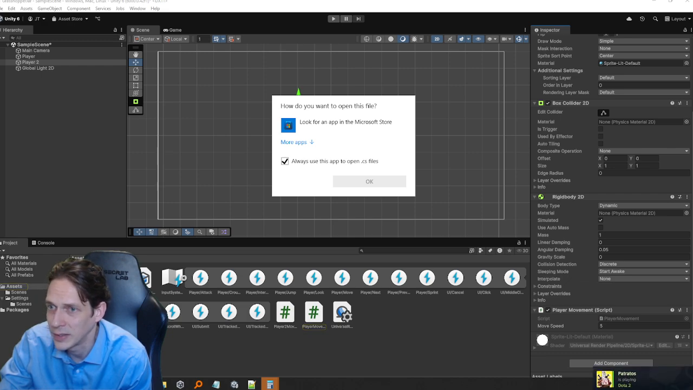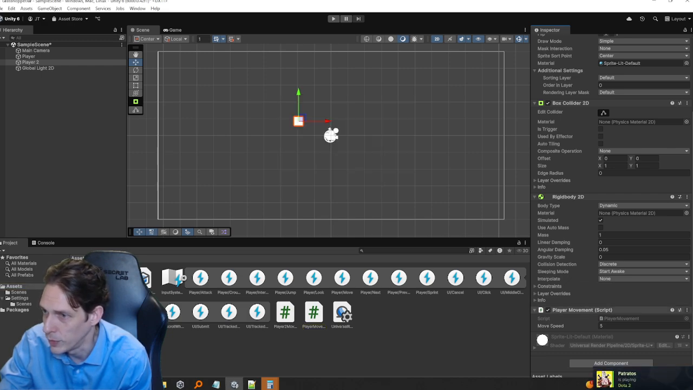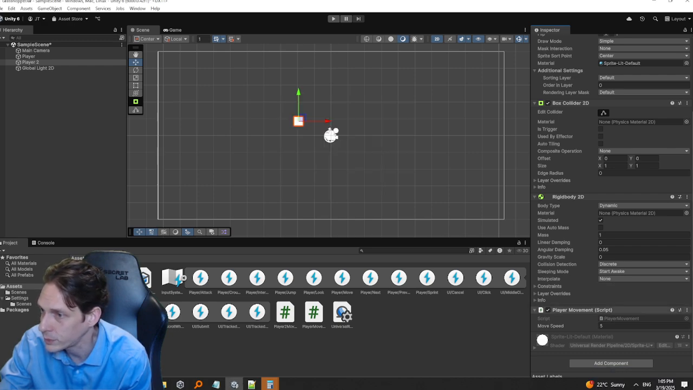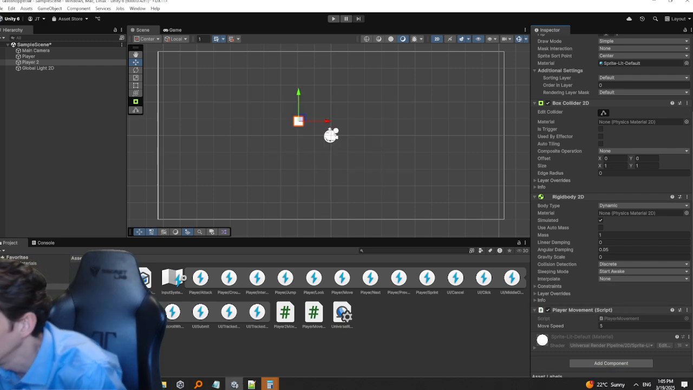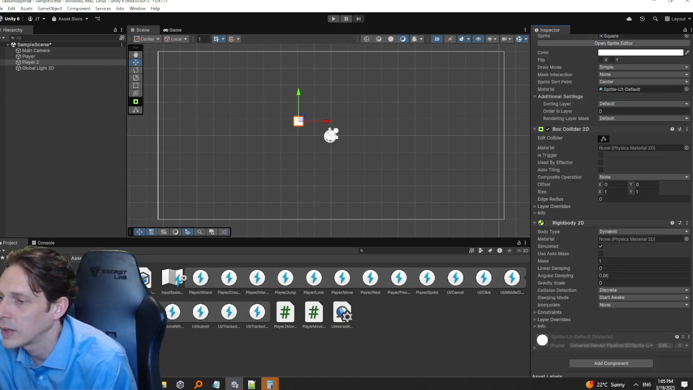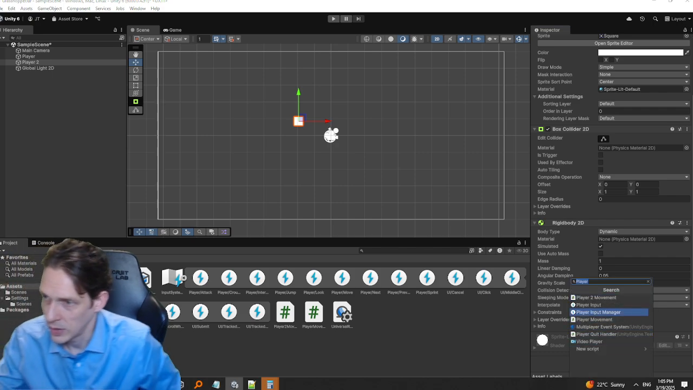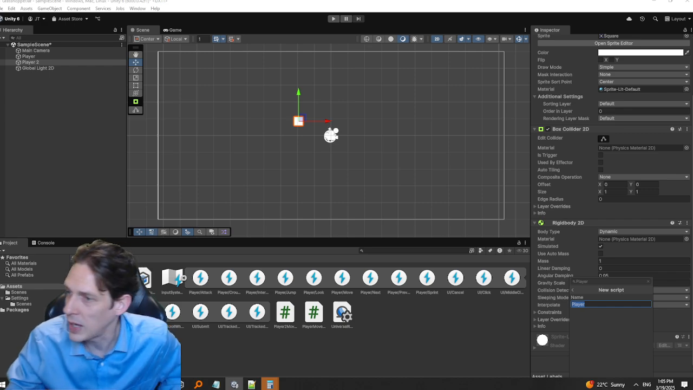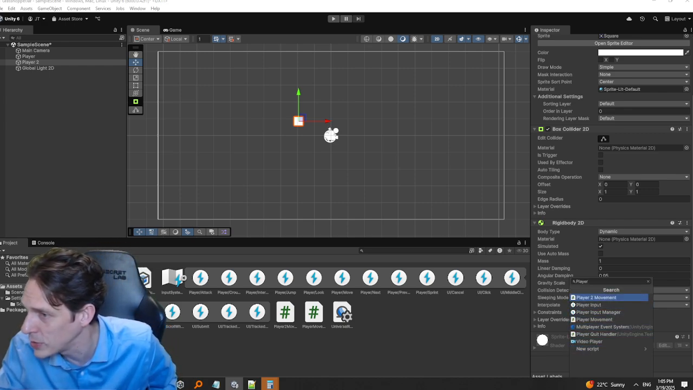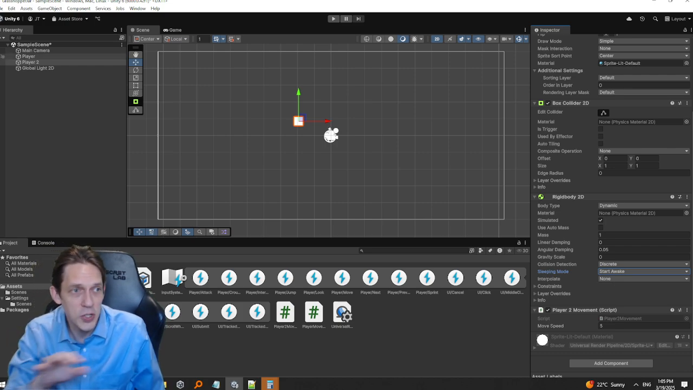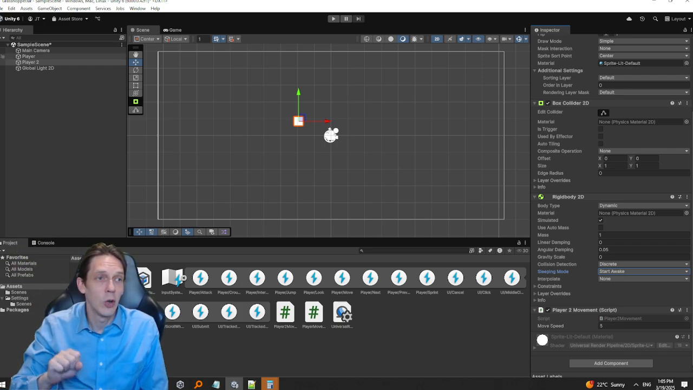What the hell? I don't want that. Get out of here. Remove the script. How do I get rid of a component? Remove. Alright, good. Add component. Player 2 movement. New script. Name. Not new script. No. We want player 2 movement. There it is. Alright. So if I run this, I should have 2 squares going the same way with 2